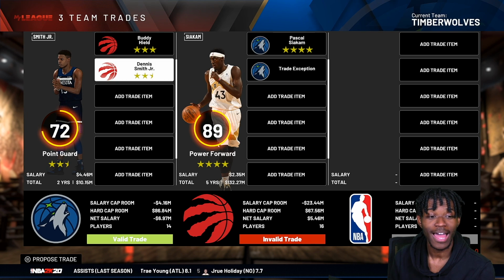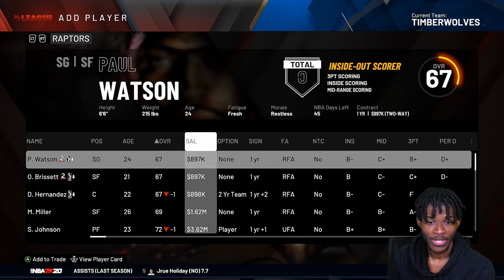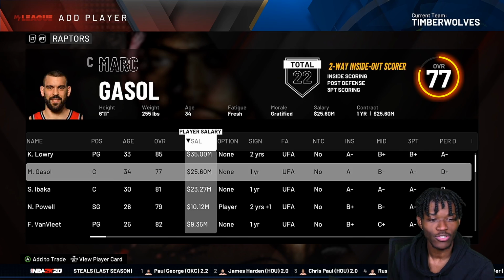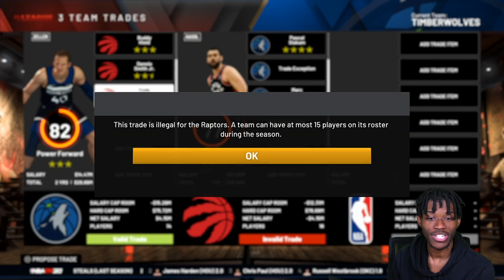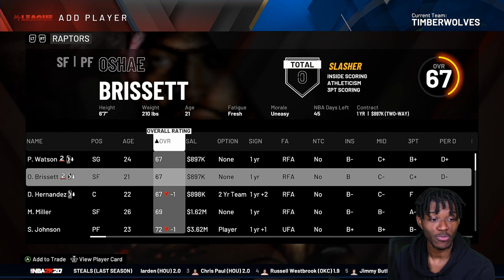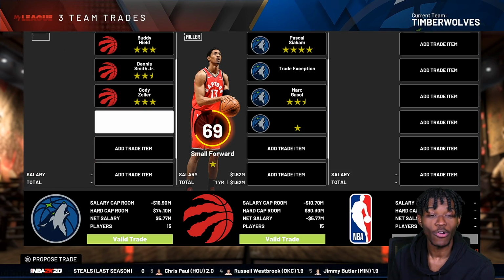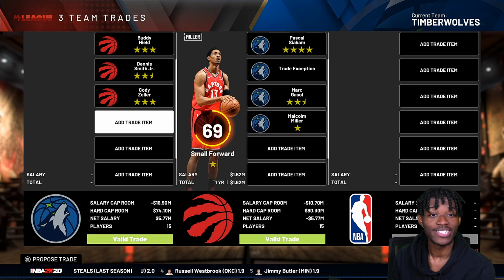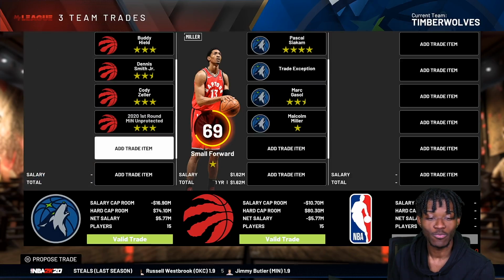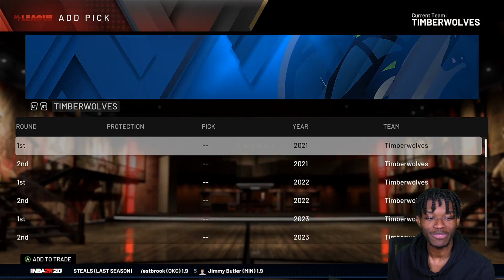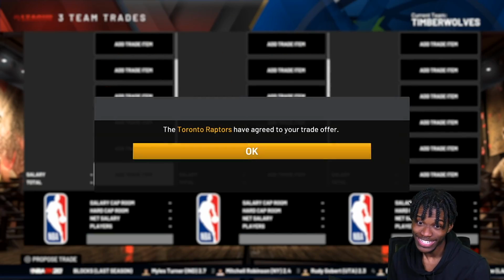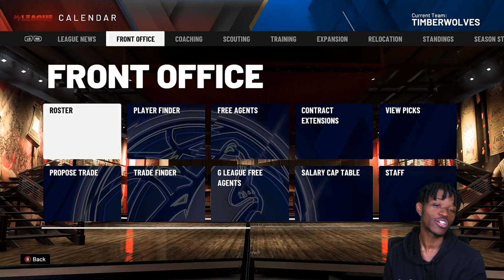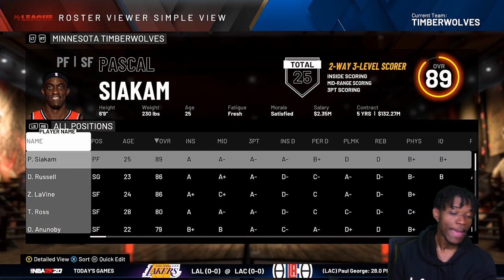Dennis Smith Jr. is making a lot of money for a guy that's not very good right now. So you give us back your worst contract. In this situation, it will be Marc Gasol, but we can't even afford that. So we'll throw you back Cody Zeller. That still is not enough because you need an extra player to throw into the deal. All right, so on paper, this deal works. But we need to spice it up a little bit with some 2nd round picks. Or with a 1st. Okay, so we bring in Marc Gasol and Pascal Siakam.